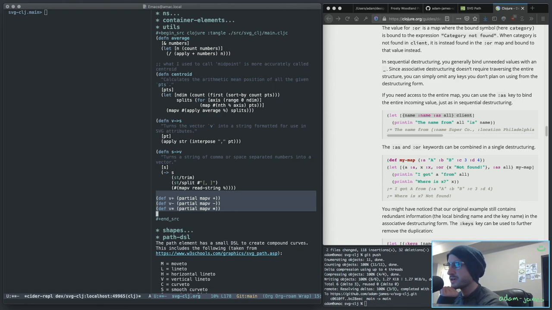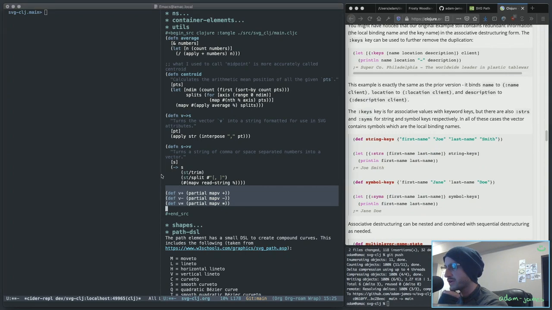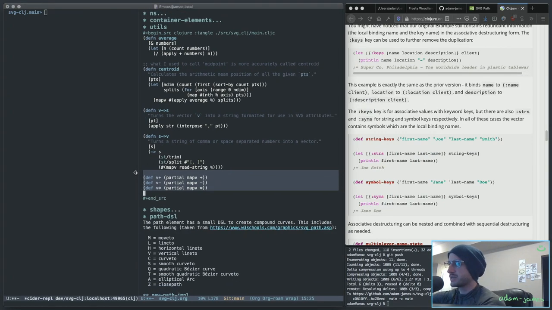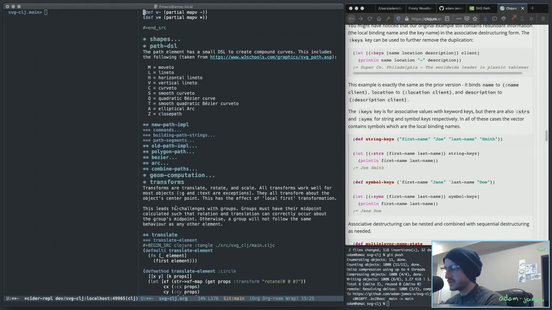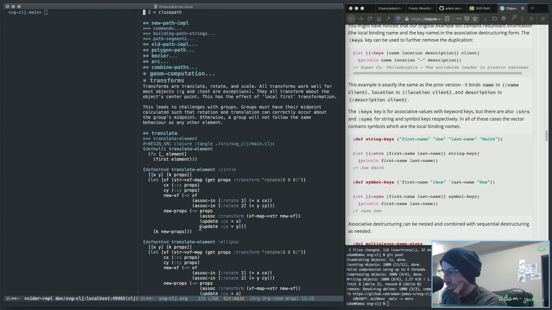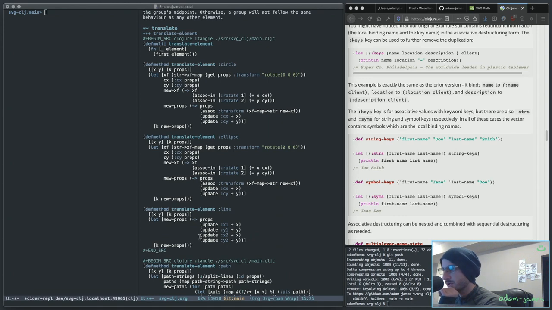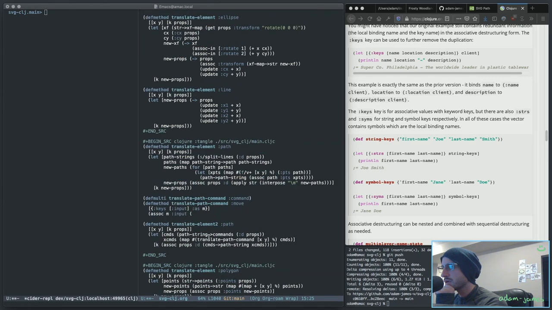Def protocol might be harder to understand for someone who's a little newer to the language. I mean, case in point, I've not used them myself. I'm sure I can learn them, but until I know for sure that I should use them, I'm going to use this because it seems like a good approach. But that's a tangent from what I'm trying to do here, which is translate path command. Okay, so assoc into the input, the new input, which is just going to be the vector